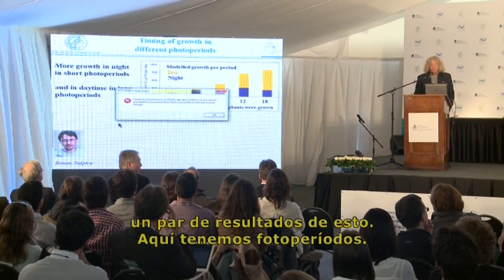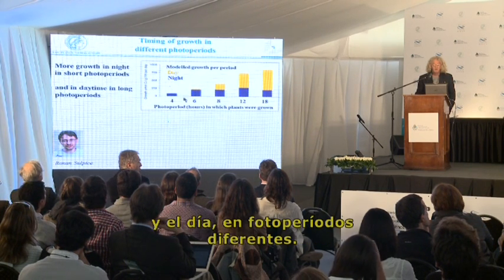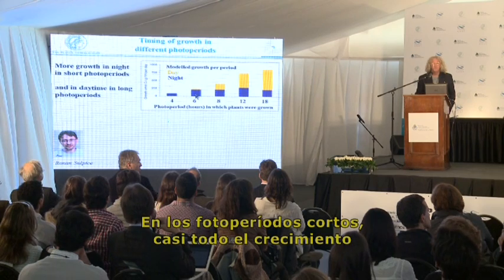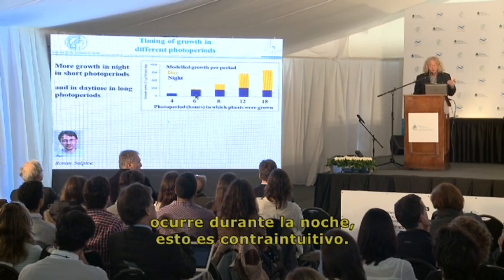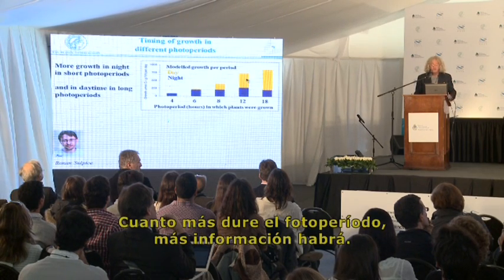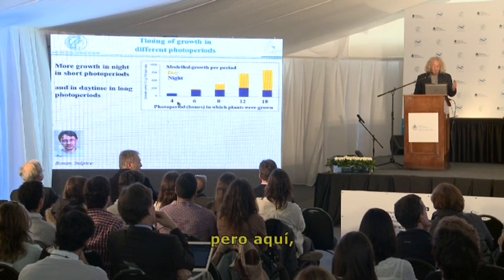This is photoperiods. So this is how growth is distributed between the night and the light in different photoperiods. In short photoperiods, almost all the growth is occurring at night. This is almost counterintuitive. And the longer the photoperiod becomes, the more day there is. Now, this is growth in the entire photoperiod, but here,